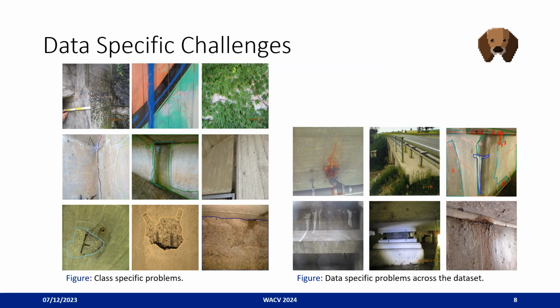On this slide, I want to show you the class-specific and general issues that make our dataset complicated. I'm going to explain this row-wise and from left to right. We start here in the top left, where you can see challenging samples showing a crack in combination with strong weathering, here on the right, then with graffiti and a crack overlapped by vegetation. In the mid row, you can see a crack and an alligator crack in one single image. Then you can see weathering overlapping with a wet spot, and here you can see rest formwork which is covered